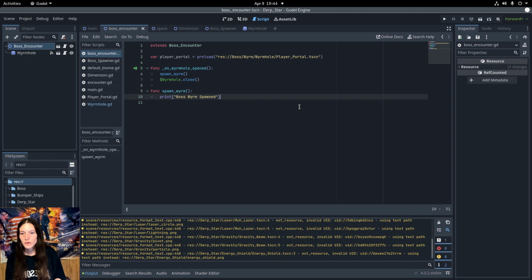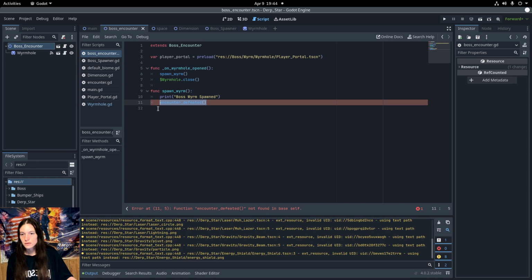Then in spawn worm, I'll just call the encounter defeated signal for now, or function. Here I will emit the boss defeated signal, then call the spawn player portal,